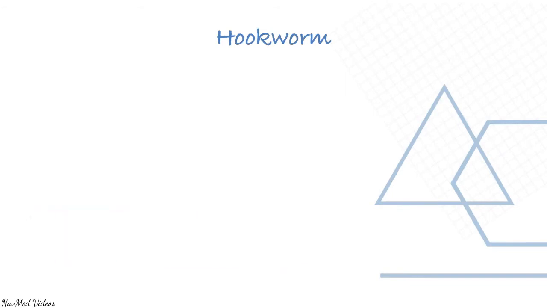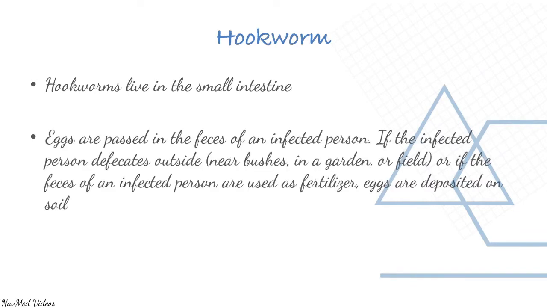Let's have a look at hookworm. What is hookworm? Hookworms live in the small intestine. Eggs are passed in the feces of an infected person. If the infected person defecates outside near bushes in a garden or a field, or if the feces of an infected person are used as a fertilizer,